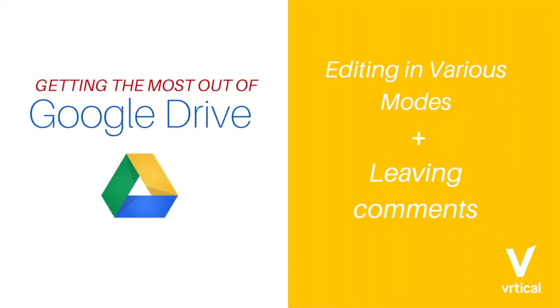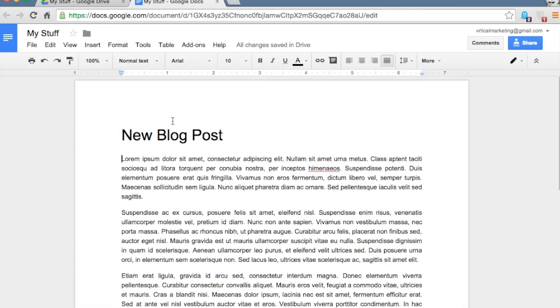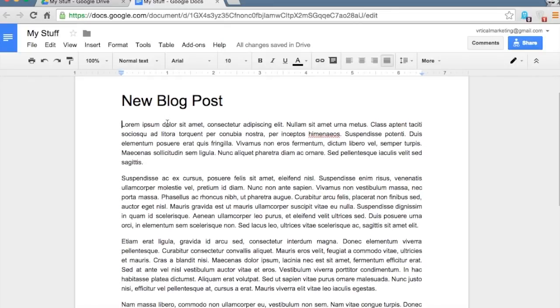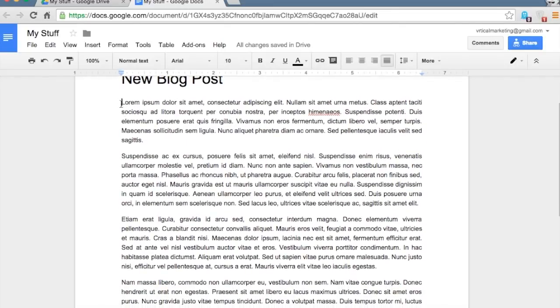Okay, so in this next section, we are going to discover how to edit and collaborate within a Google Doc using different modes, and we'll also go over how to leave and respond to comments and how to tag collaborators in those comments as well. So right here I have a Google Doc opened and just some text in here to represent a blog post that someone has written, and I want to share it with a collaborator to get their feedback and